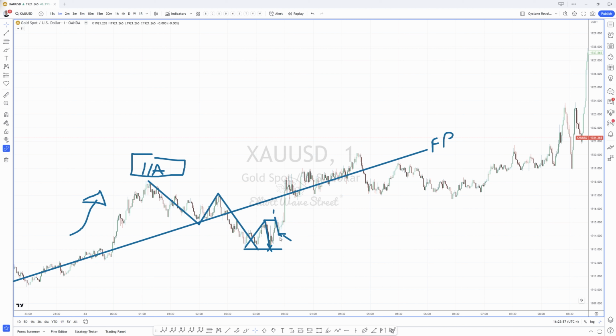We can't sell. If you think that the market is going down, you have to sell it here, or you have to sell it here, far from the fair price. If you are wrong because the price continues higher, at least you have time to book profits and have a safe trade. But of course, if you sell here at the extreme, you are too late, and this is not likely to work over time. Even if in this case, let's suppose that the price sells off and you have a good trade, over time you're going to lose your money.